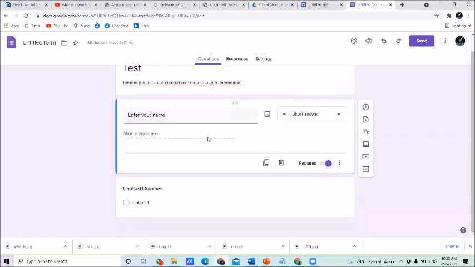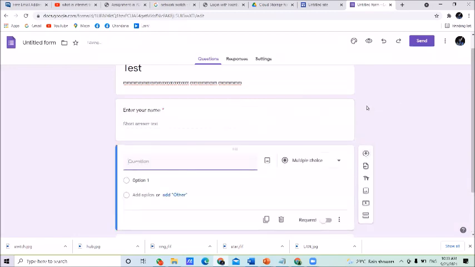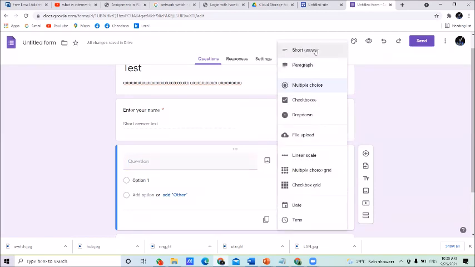Then if you want to add another question, click on add. Then select the question type. Here there are many question types, right? At a later time you can apply these other types also. If you want to get more detailed answers, click paragraph type. Multiple choice, check boxes, drop down, file upload, linear scales. These are the different types of questions available. These are very, very important if you are doing some kind of research on behalf of your organization.